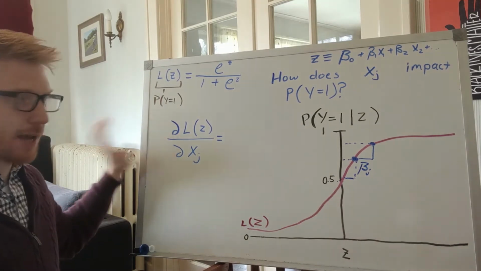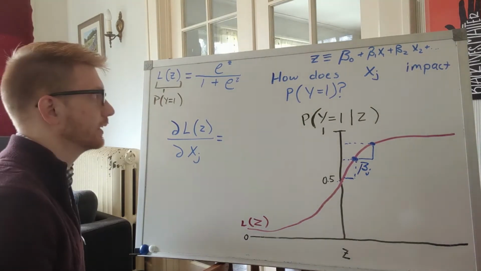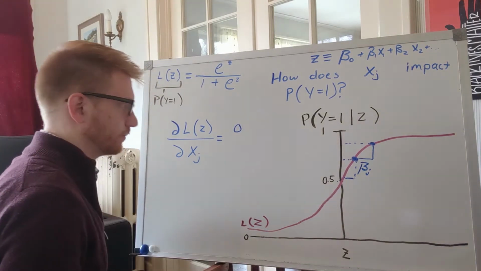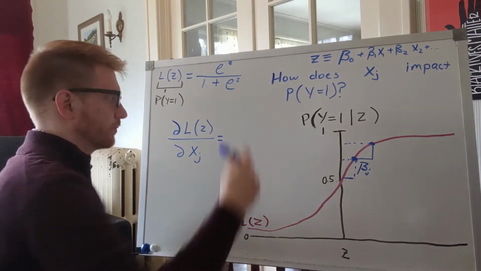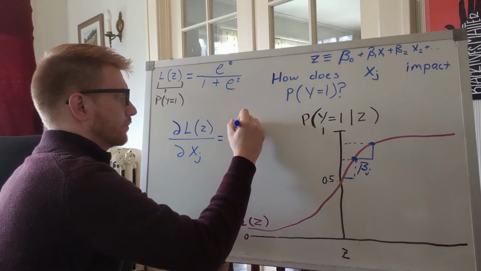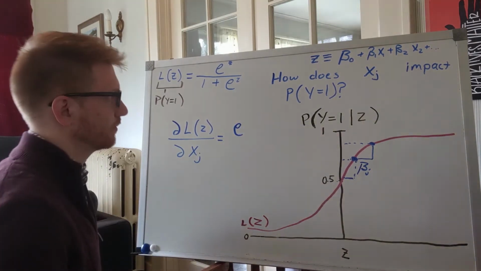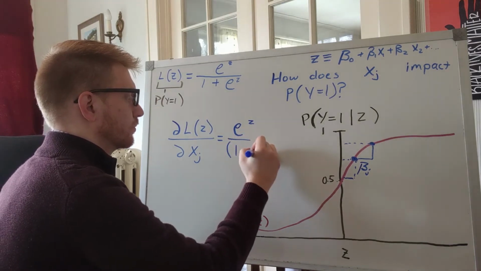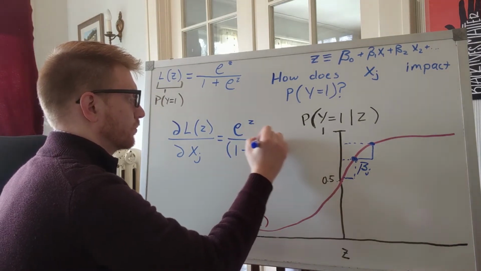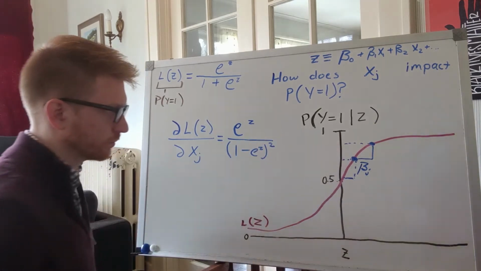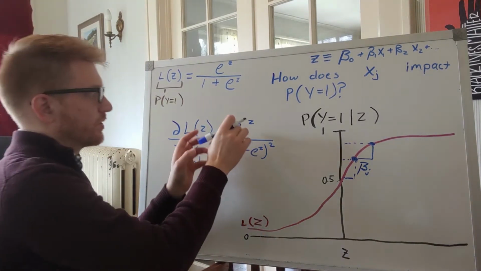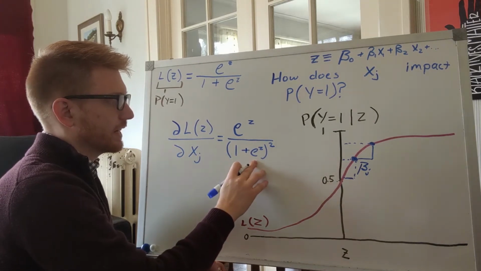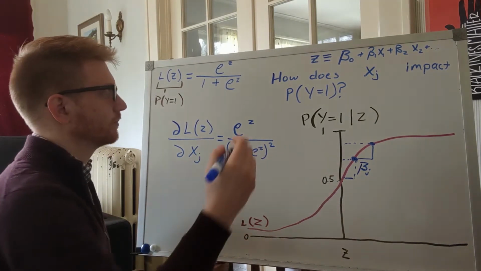That's what this is capturing, and mathematically, it's still e to the z, but on the bottom it's 1 plus e to the z squared